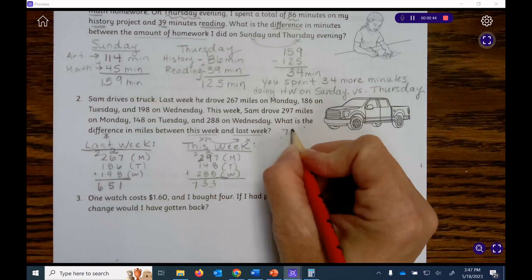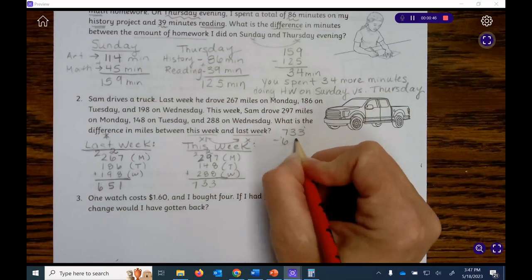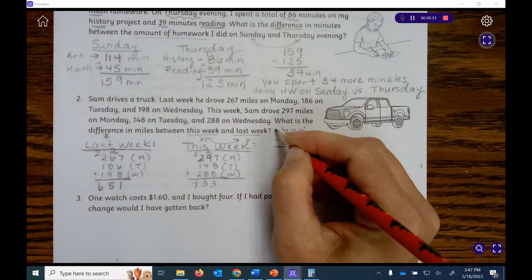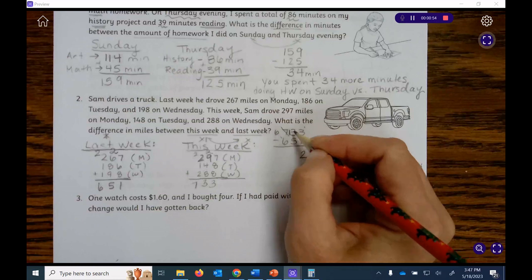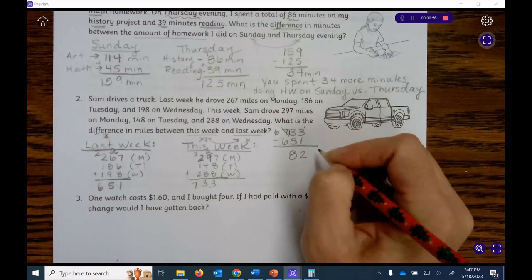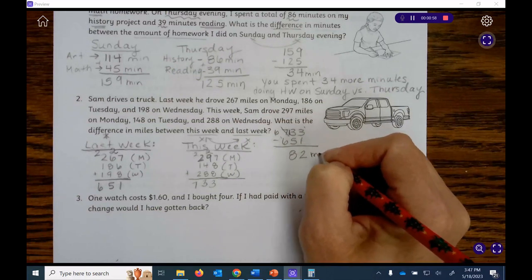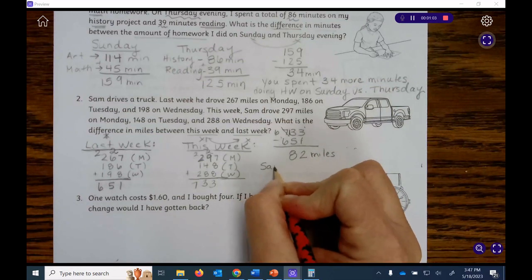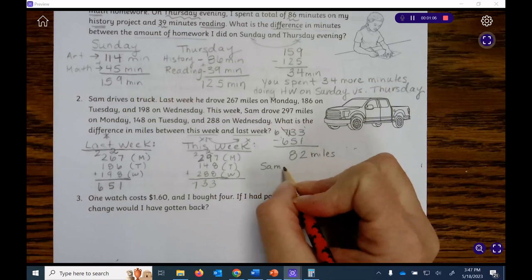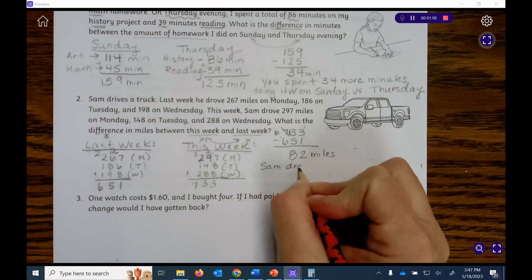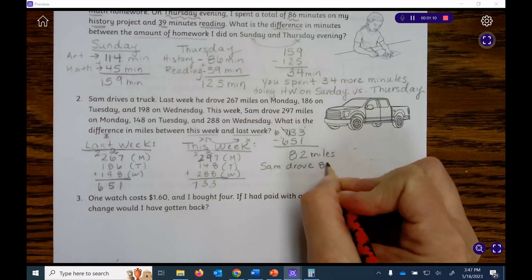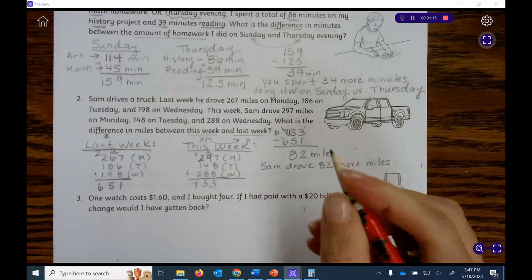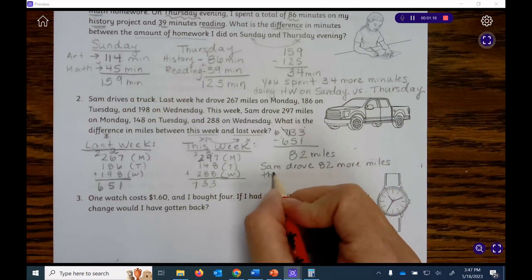So you're going to do 733, take away 651. 3 take away 1 is 2. We have to borrow. Get 13 here. 13 take away 5 is 8. So the difference is 82 miles. Sam drove 82 more miles this week